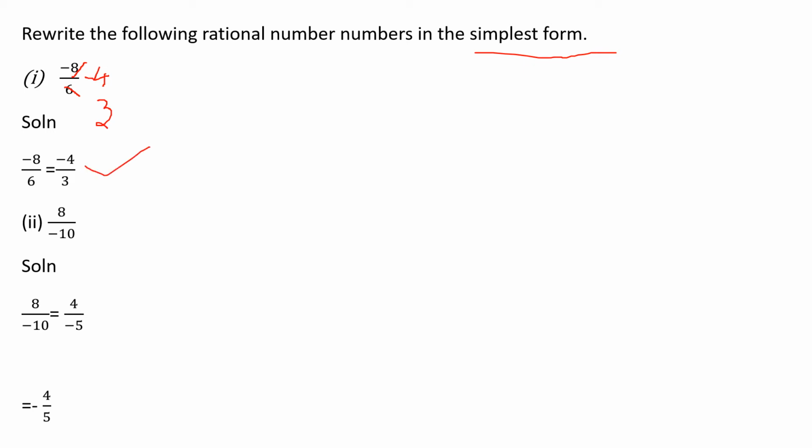Just cancel it and write it in the simplest form. Here also, using the two table, 4 twos are 8, 5 twos are 10. So minus 5, right? So you can write this as 4 by minus 5. This is also correct. Or else write the minus in front, because this is plus 4 and minus 5. Plus and minus in division means minus. Integers rule, do you remember? So minus 4 by 5.